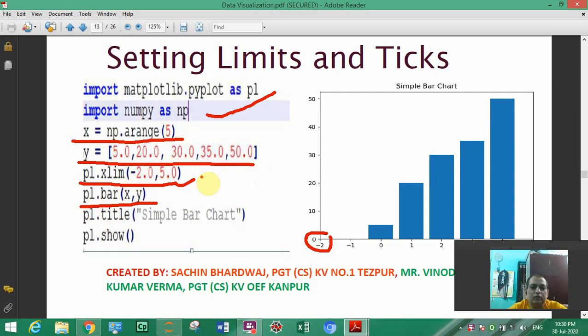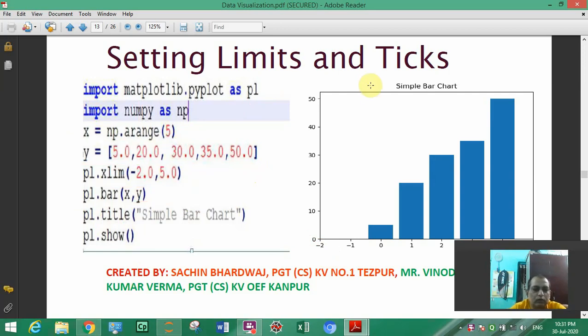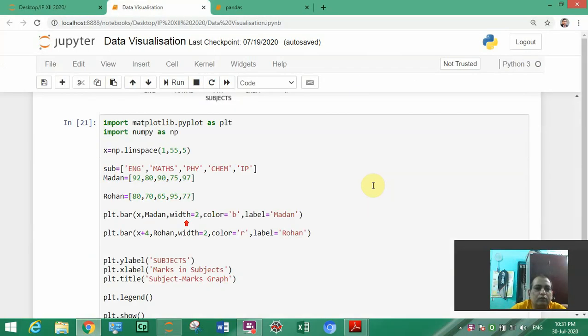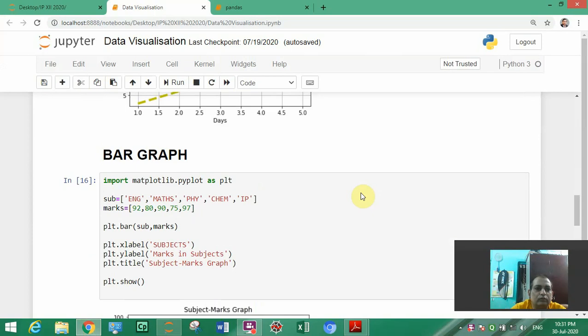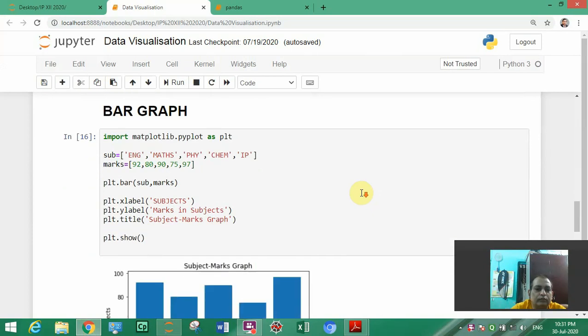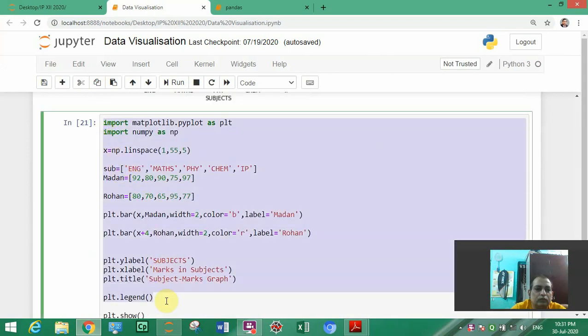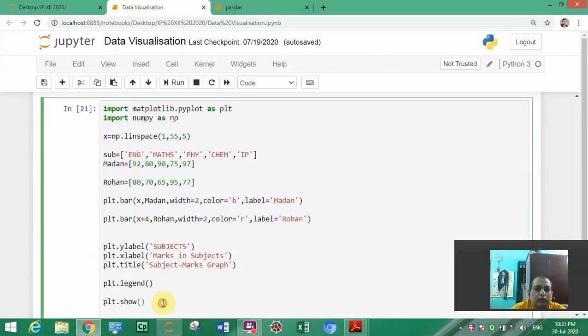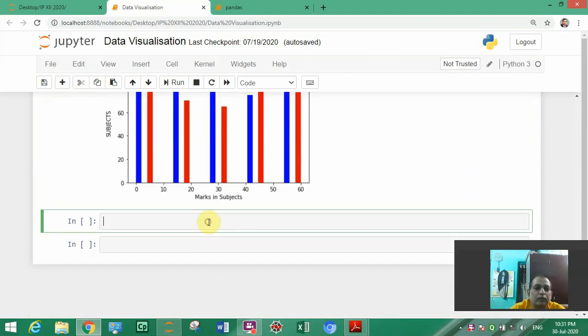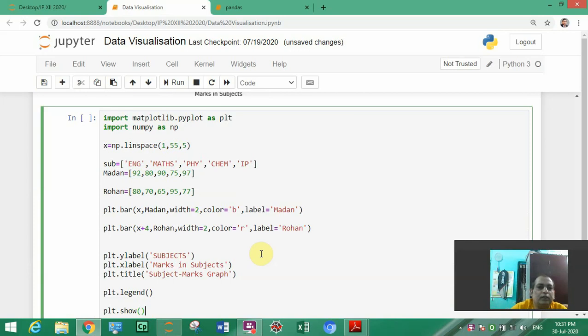So let us see this example. What we have to do, we will take this one only and copy here and change what we want.